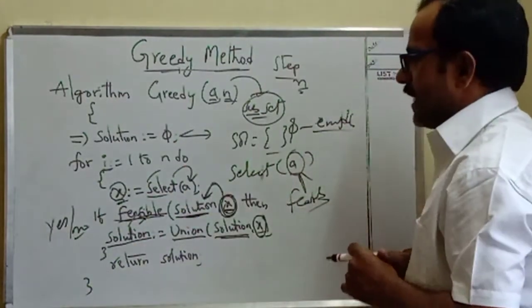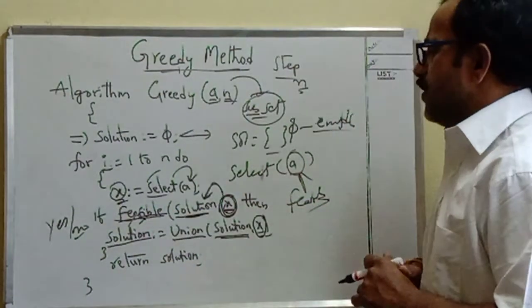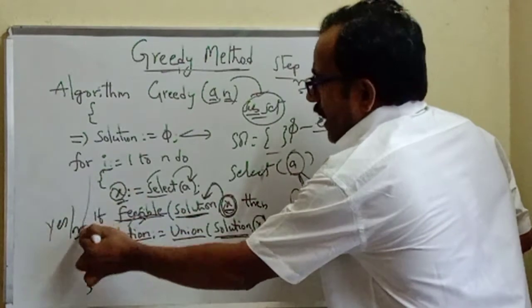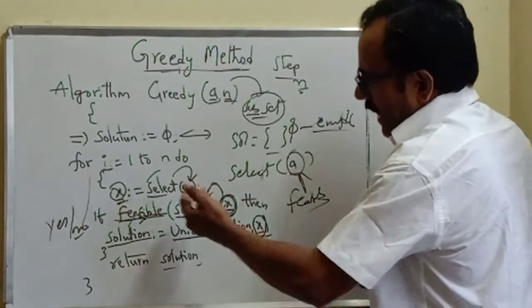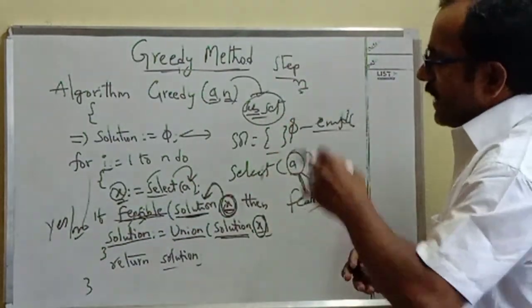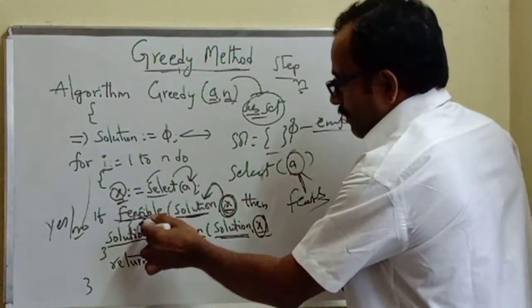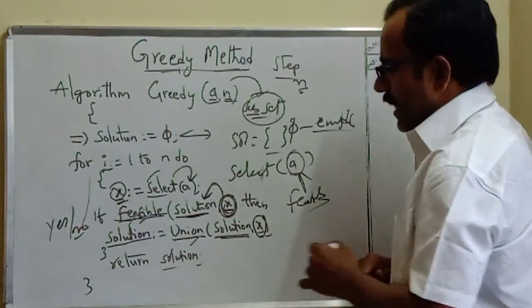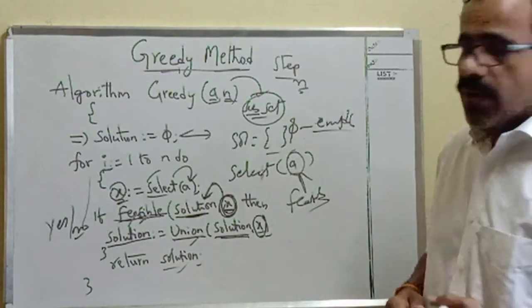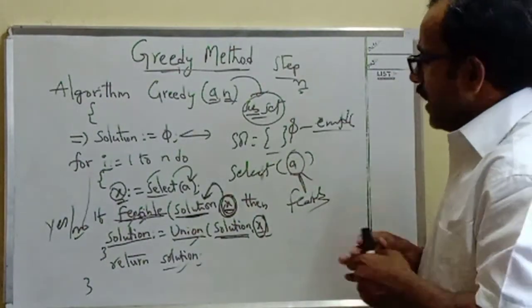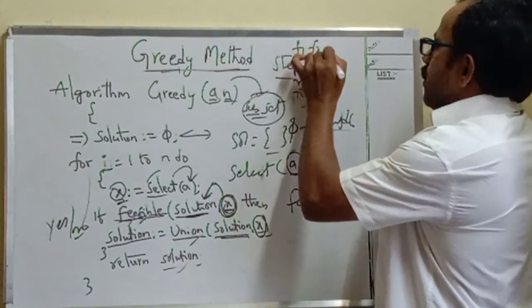Again go to the next element selection, select the next element and verify it against feasibility. Like that, until getting a feasible solution, we need to repeat this loop and then return the solution. Whenever you want to construct another solution, select the possible elements from the given array, verify the possibility, update the solution and finally return the solution. Like that, by using this procedure or algorithm, we can construct all the possible solutions. Suppose feasible solutions F1, F2 and so on up to Fn are available.